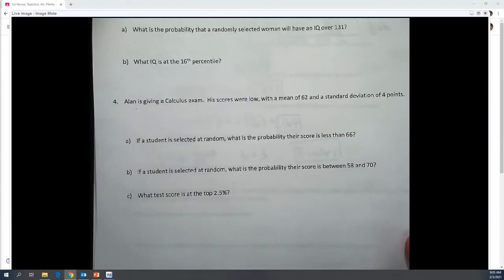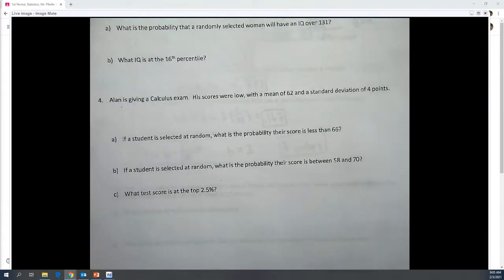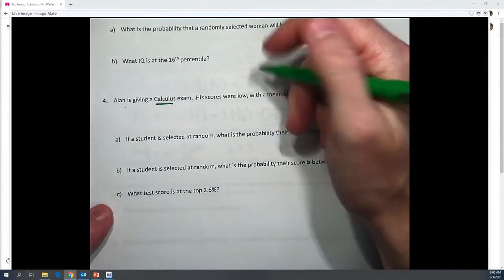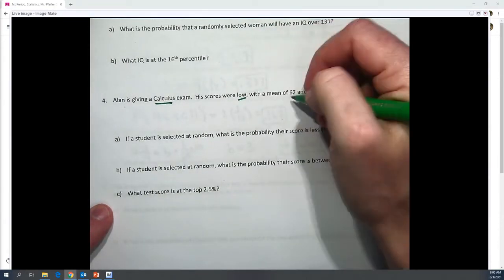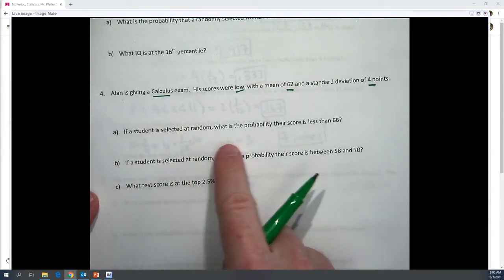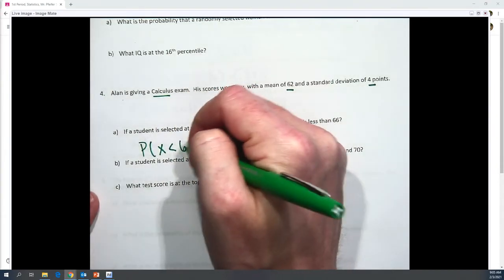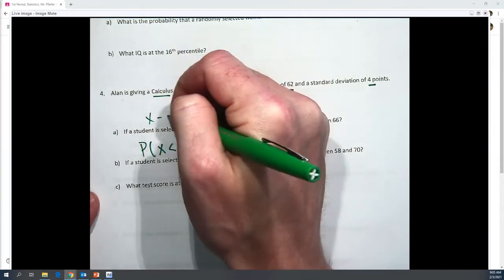So let's maybe just do number 4 from yesterday's work, just as a refresher about how to use the empirical rule. So Alan, given a calculus exam. That's exciting. His scores were low. That's not as exciting. But the mean of 62 and a standard deviation of 4. And it says, all right, if a student is selected at random, what's the probability the score is less than 66? So we want to know the chance that x is less than 66, where x is the score